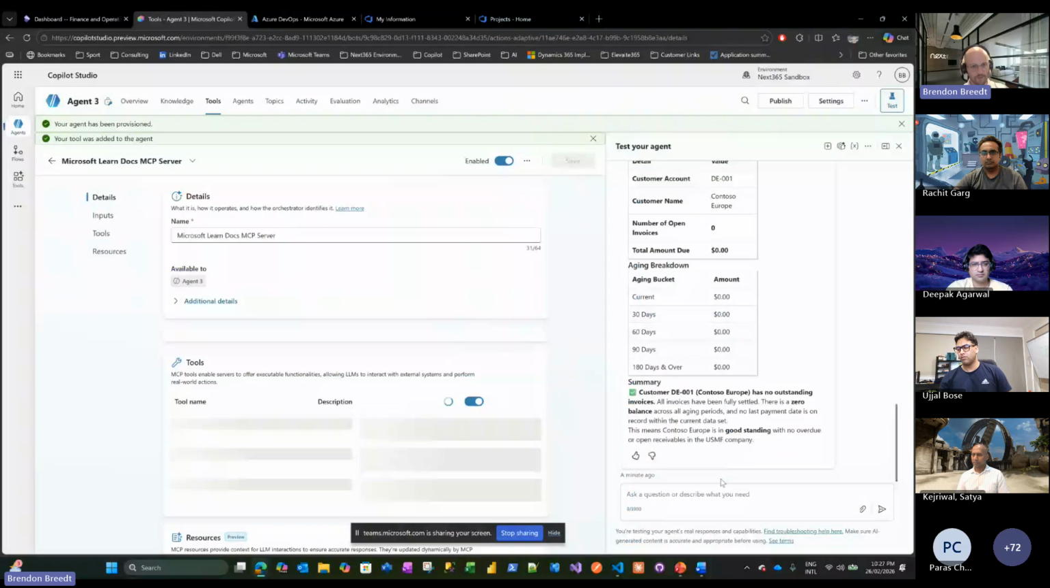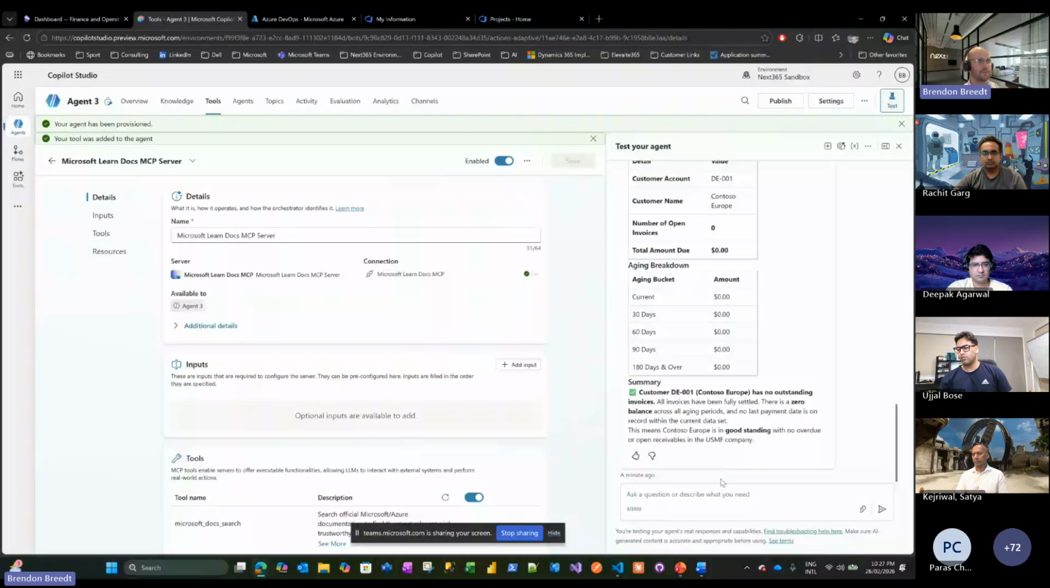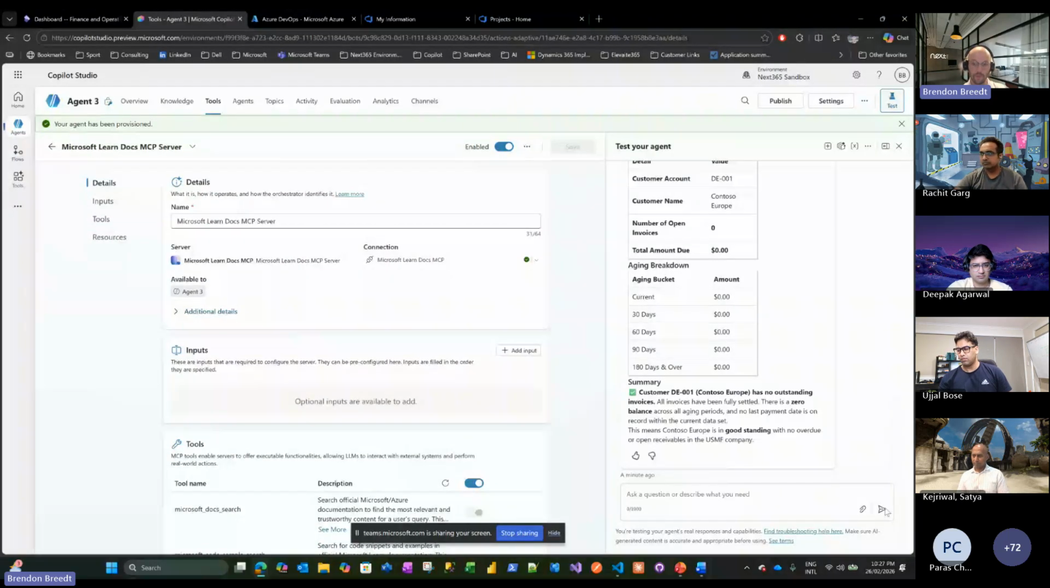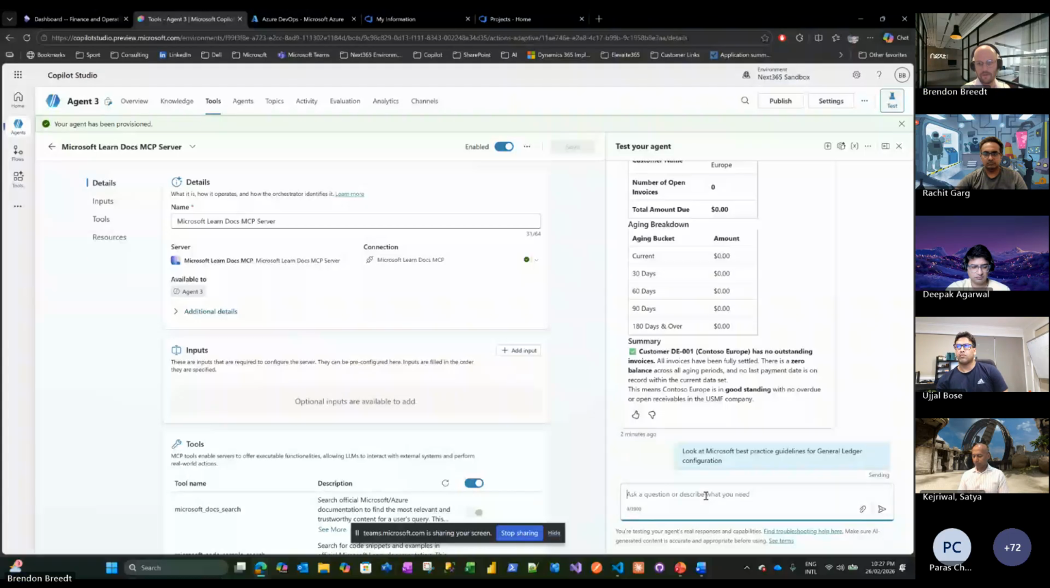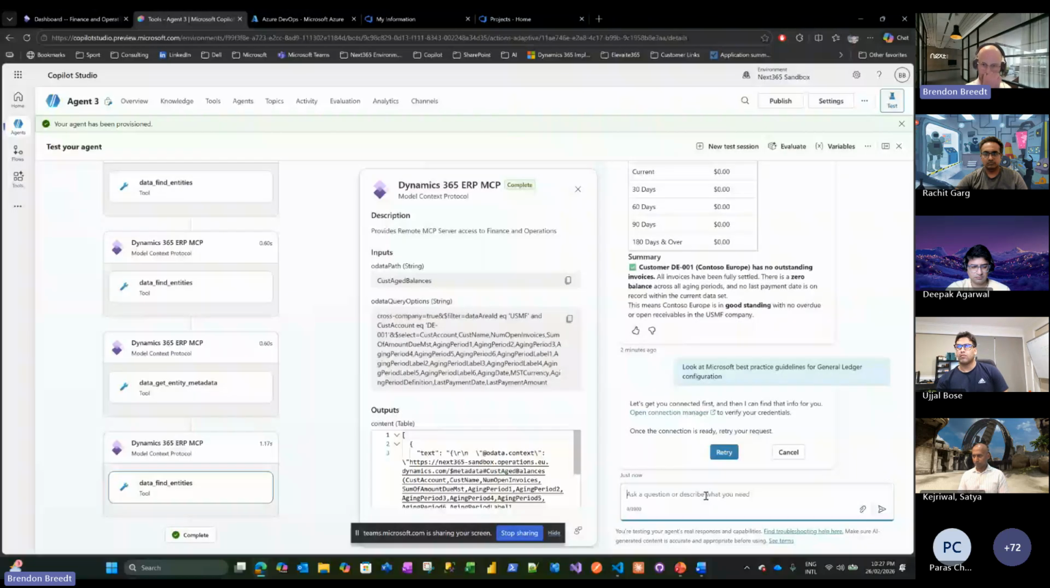You can also use Microsoft Learn to build up certain knowledge bases. So if you need knowledge bases stored within the agent that it needs to reference, you can use Microsoft Learn to do that. So I'll use an example. Let's say, look at Microsoft best practice guidelines for general ledger configuration, right? And what it would do is